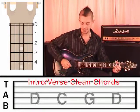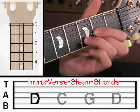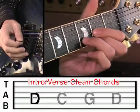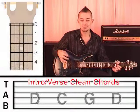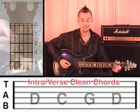So what I suggest you do is strum the chord and then pluck strings 1, 2 and 3. And you can improvise with this a little bit. You can really pluck any of those strings and it'll sound fine. So to give you an example,